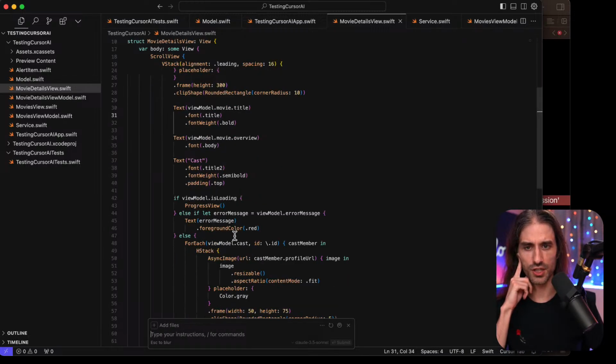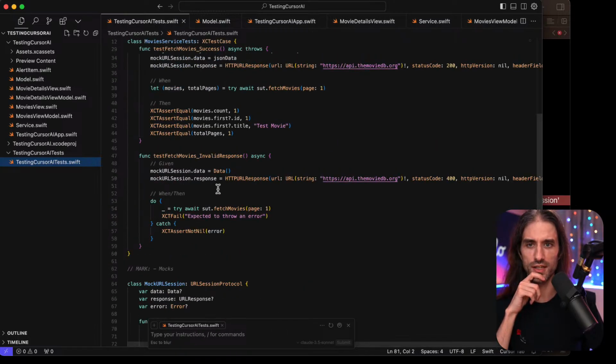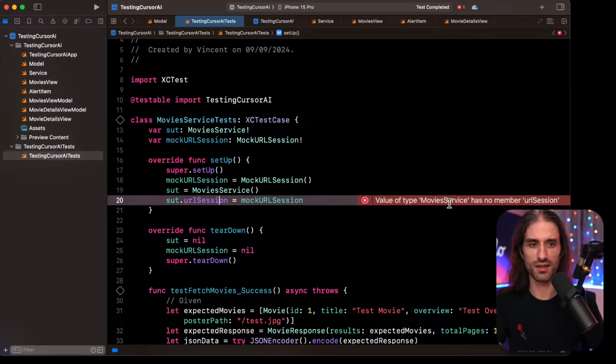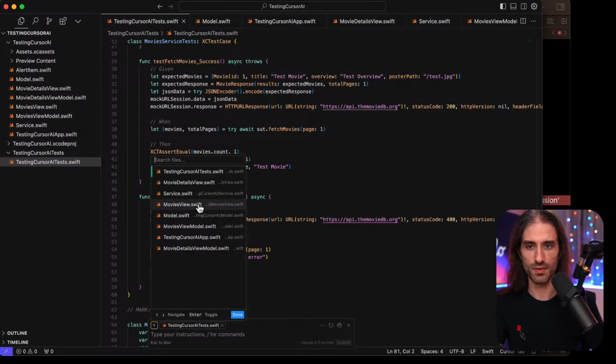But at least here for the change I need to make, I'm in the composer, and the change is supposed to be in movies service. I'm gonna have to add also movies service. No, it's inside service.